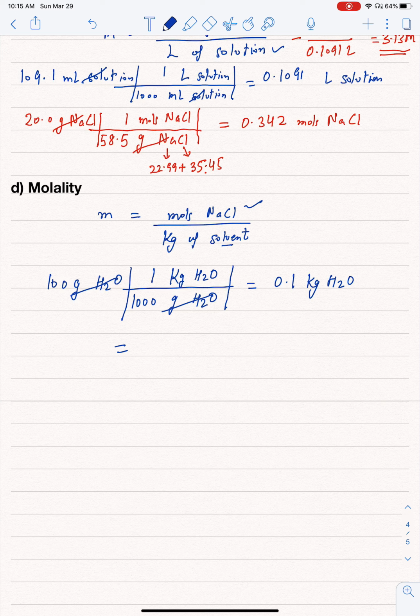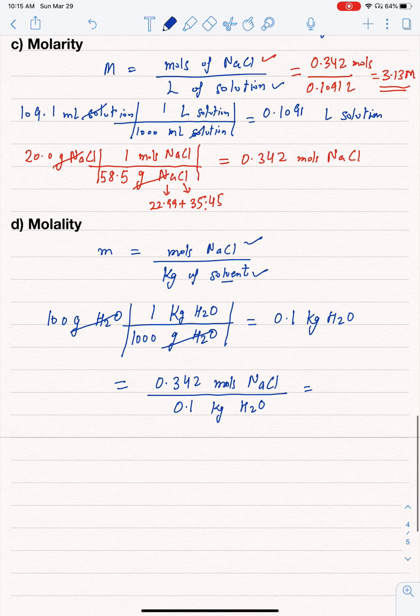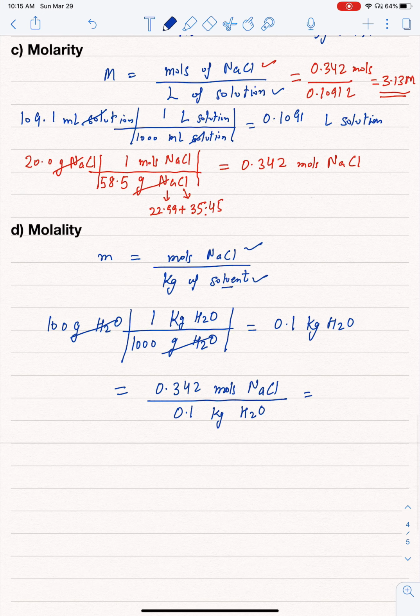I know the moles of NaCl, which were calculated to be 0.342, and the kilograms of the solvent is going to be 0.1 kilograms of water. So when you do this math, it comes out to be